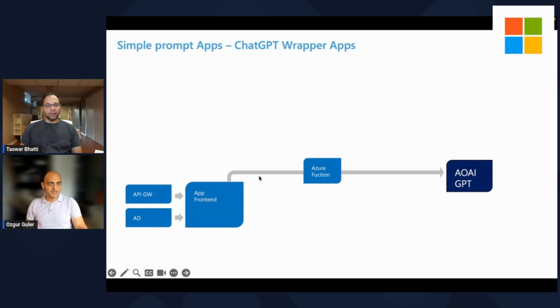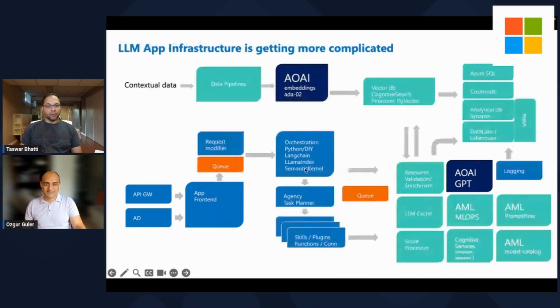This is actually an application from a customer of ours who made it to the US productivity charts, top 10, millions of downloads per month, and which was basically a wrapper around Azure OpenAI with a simple backend that's running on Azure functions. And now what we see is more like this, where we need to put semantic filters